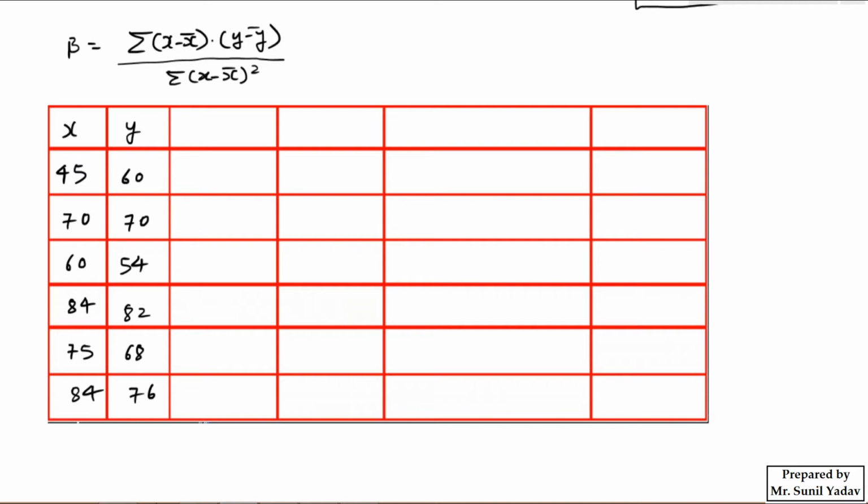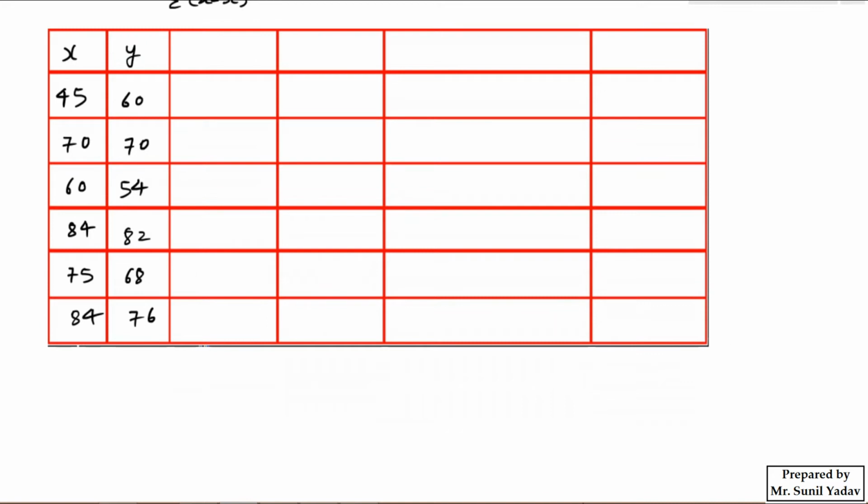So here we have written x and y, and then after that they are saying we need to estimate x bar also. So x bar is nothing but, there is a formula: x bar is nothing but summation of x divided by n. So here we need to find the total summation of x and divide by n, and n is nothing but 1 2 3 4 5 and 6, so here we can say the n is nothing but 6 over here. And if I solve summation of x and divide by n, then automatically here we'll get 69.66.